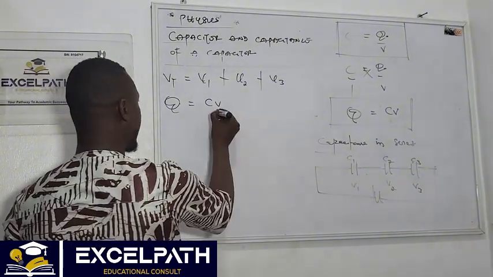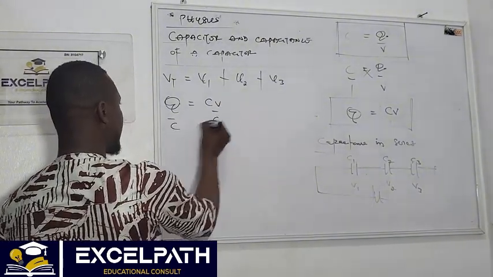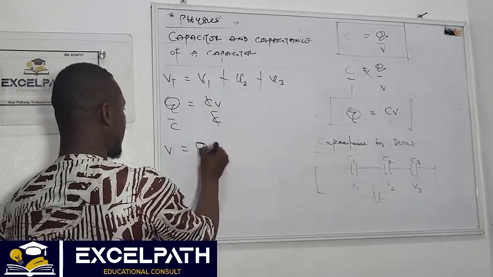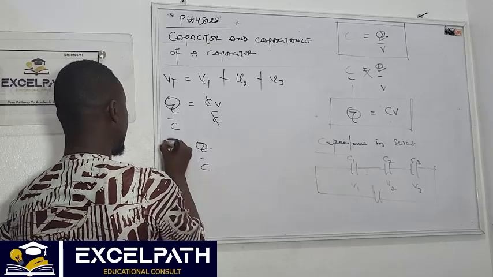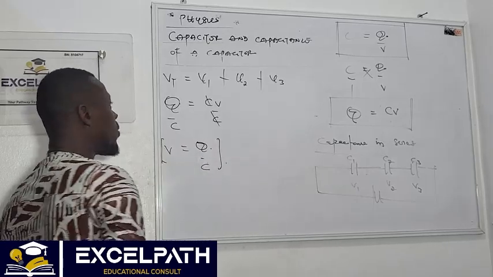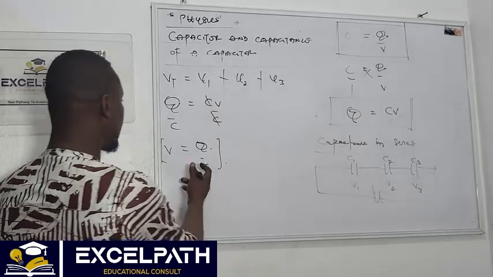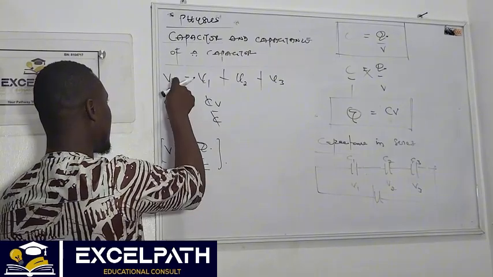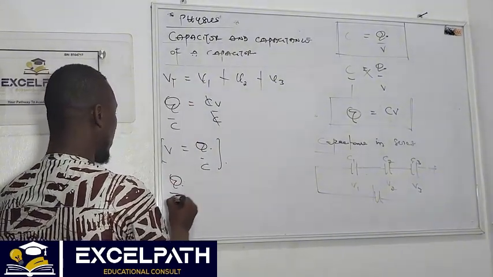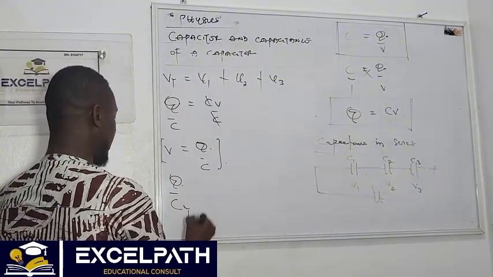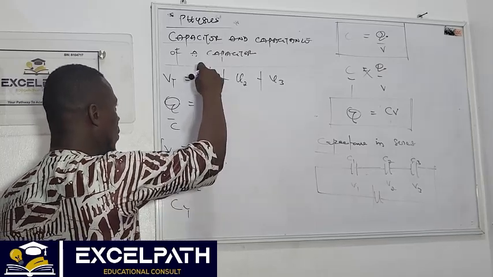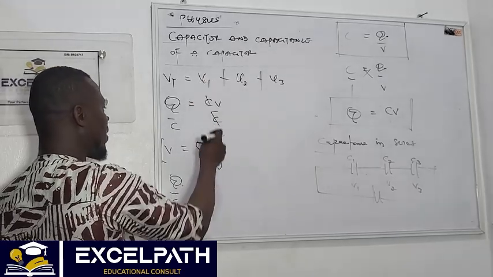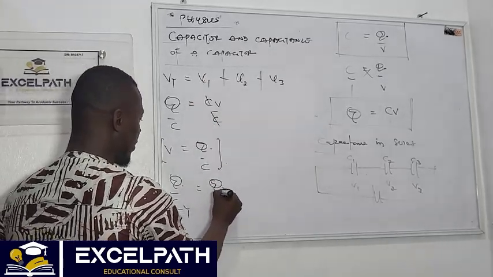I can divide both sides by C. C cancels this C. What am I left with now? V equals Q over C. When my V equals Q over C, I can substitute this back to this. What is my V now? Q over C. I can have Q over C total equals, this is V1. What is your V? Q over C. So definitely when you have this V as Q over C, it will be Q over